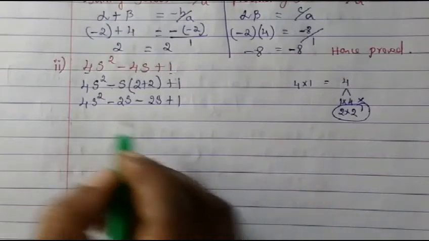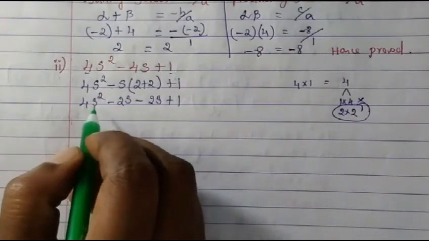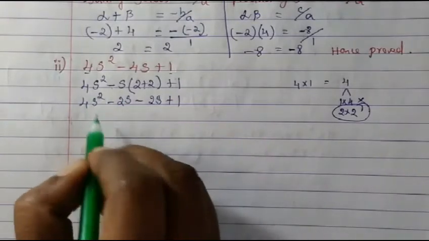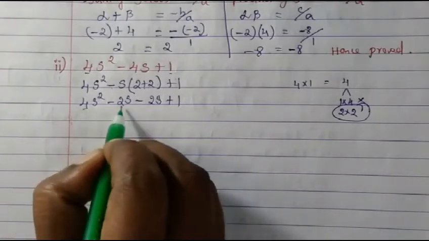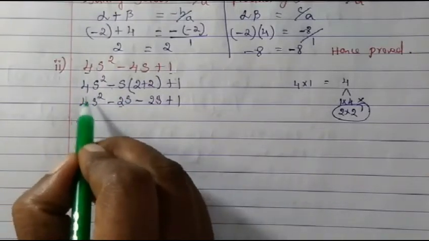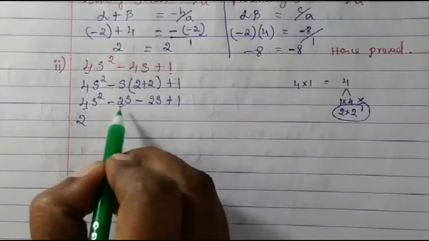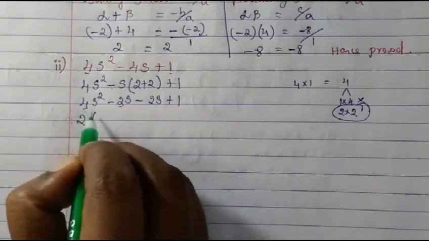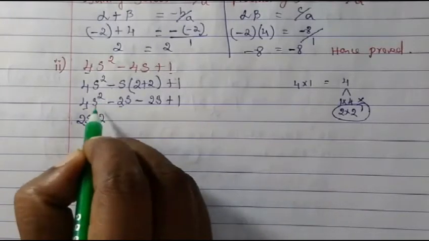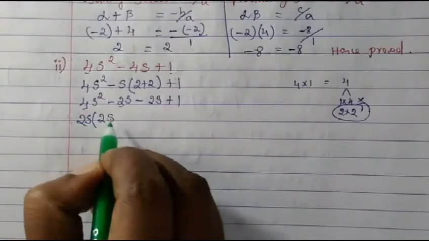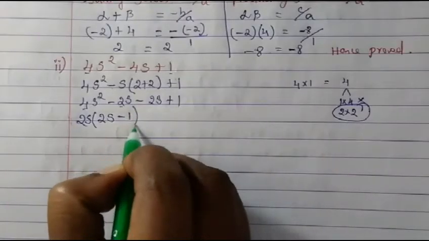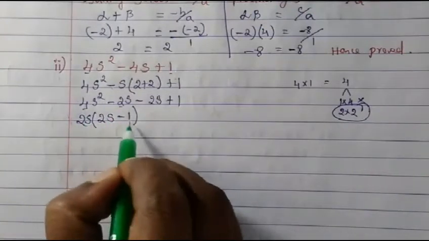So now 4s square, here we have 2s. Which one shall we take out? Here 4 is there, here 2 is there. So we can bring out 2, because 4 and 2 can both be completely divided. So we take 2 outside. Then if we take 2 outside, we'll have 2s here. 1 s also we will take out, because here s, here s. So 1 s is outside. Then 2s we will get. Then minus 2s is out. So we have only 1 here.